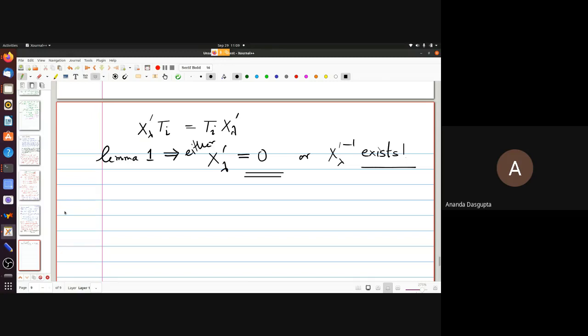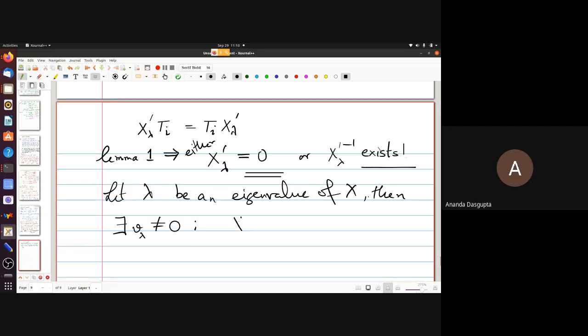Yeah. So the point is, let lambda be an eigenvalue of x. Then there exists a v, let's call it v lambda, not equal to 0, such that